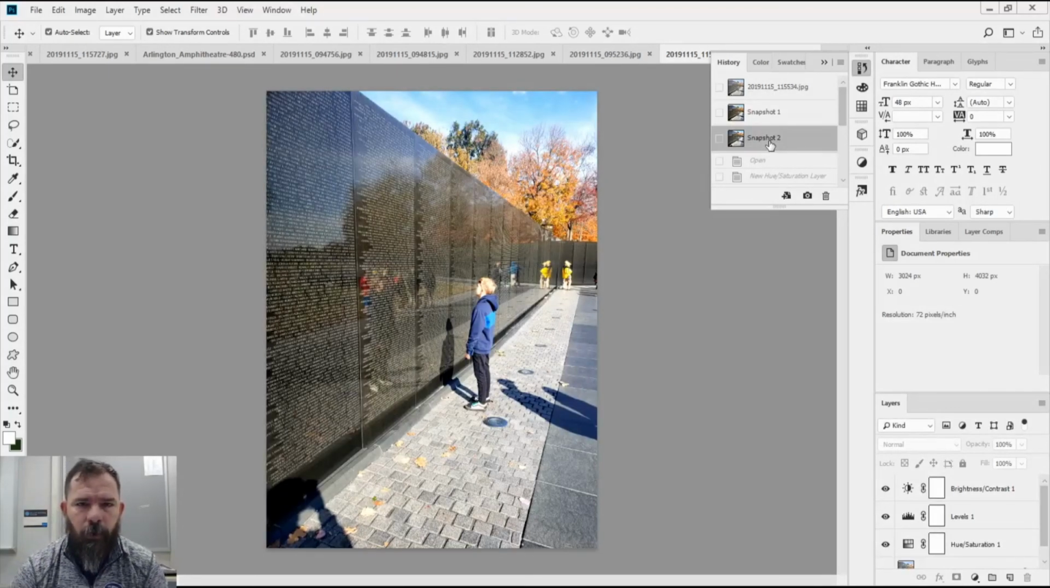All right. So what I wanted to show you is that using some of these simple automated tools, you can really make some color adjustments that really make your image pop a whole lot better on